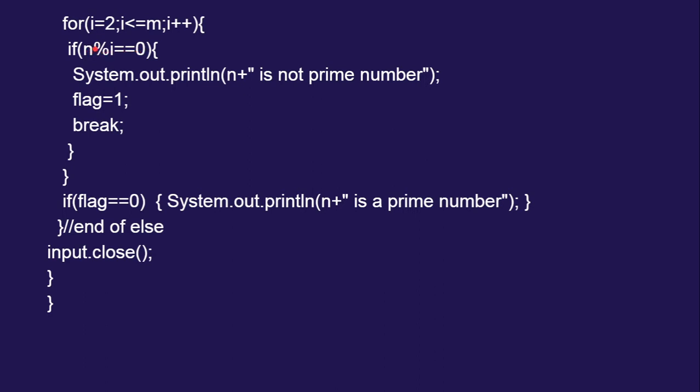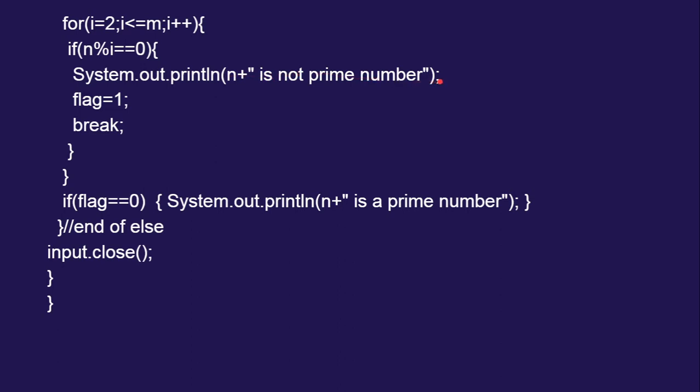This is the remainder operator, the modulo operator. So we are dividing the number n, which we input through the input screen, by i. What is i? i goes from 2, 3, 4 and so on till the value of m. Okay, so if the modulo is equal to 0,